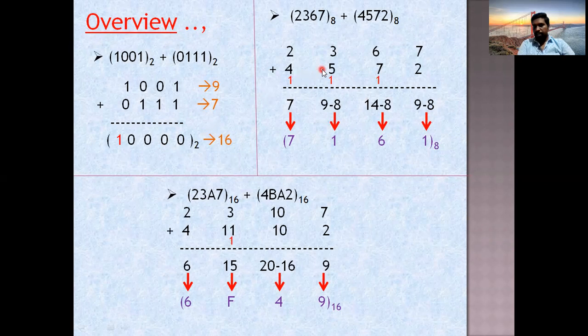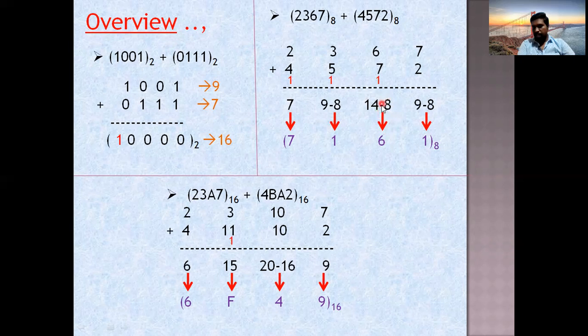Okay, like that. See here, these are octal numbers. See, 7 plus 2, I got 9, but 9 is not in the range of octal. So I subtracted 8. So for every subtraction of 8, I will get 1 carry. This is the carry. Okay, so 9 minus 8 is 1. Next, 6 plus 7 is 13. 13 plus 1 is 14. So 14 is also not in the range of octal. That's why I subtracted 8. So 14 minus 8 is 6. Yes, 6 is in the range, no problem.